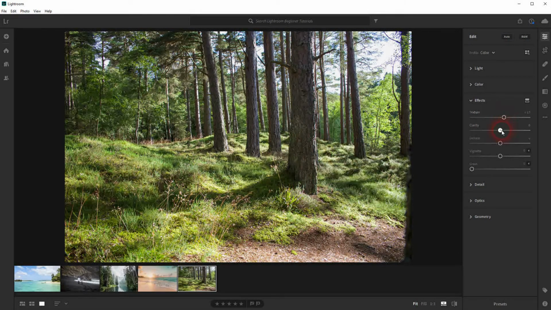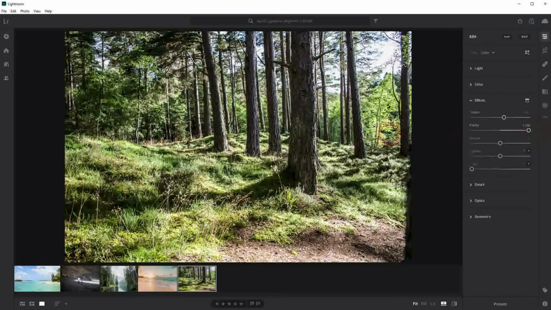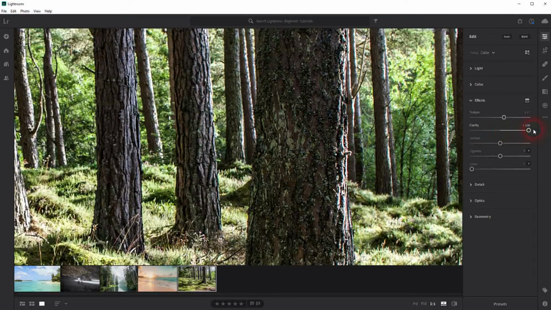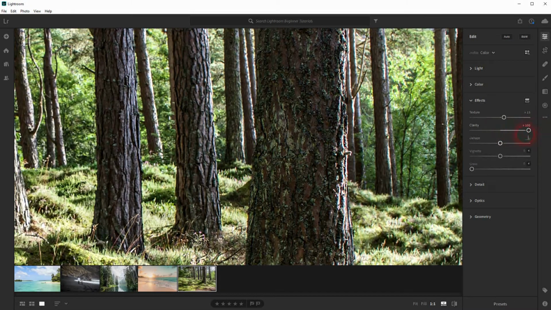For clarity, the effect to the left and to the right looks like this. To the right you see this a lot on movie posters, sports posters. It looks kinda cool, but it's not natural. So when you work with photos and you want to have a natural look, just increase or decrease it slightly